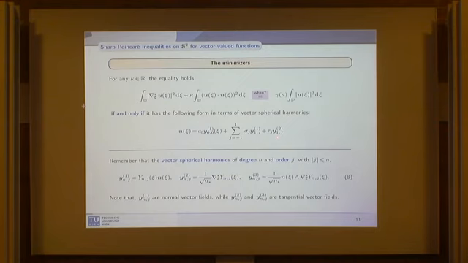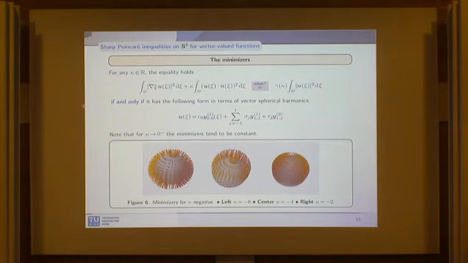And I would like to finish by showing you some pictures. These are the values of the minimizer of the relaxed problem. So here we are not imposing that the vector field has values on S2, just that the L2 norm is equal to 1. And so for kappa sufficiently negative, you have a kind of normal vector field. Then as soon as you go towards kappa equals 0, you tend to reach, of course, a uniform configuration.